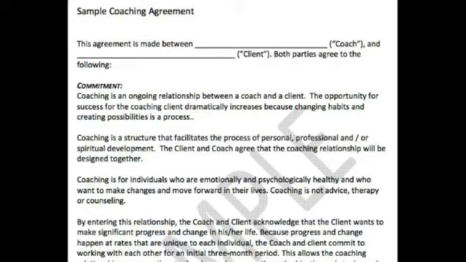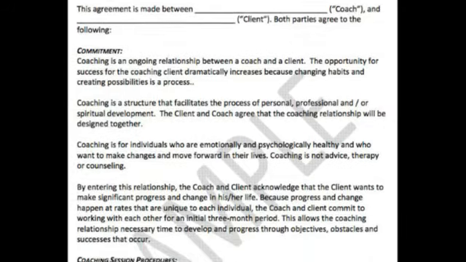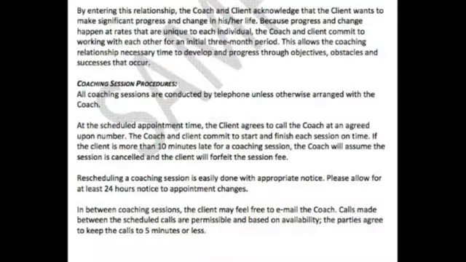And then he has a whole bunch of stuff about coaching. I think that's great to have that stuff in there. It's a great opportunity to educate your client. It has a bunch of stuff about the sessions and the procedure. This is actually really helpful to say what happens if the client is late. What happens if they want to reschedule? Really important things to put in your contract, okay? And really this is part of the services part.